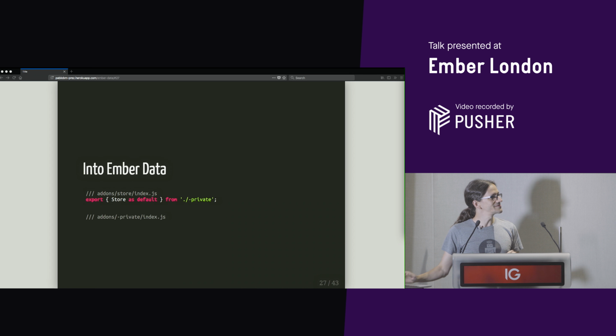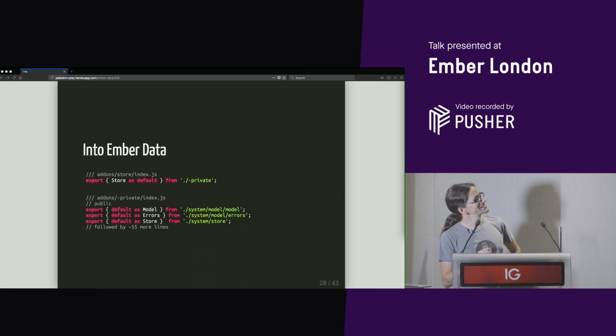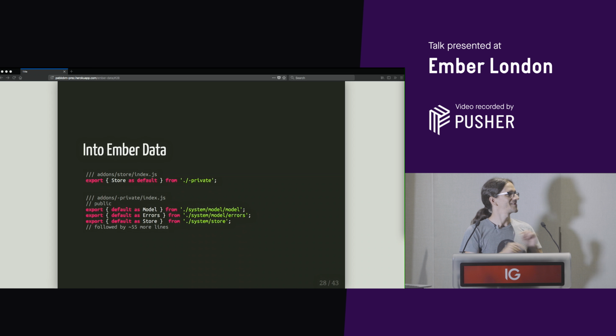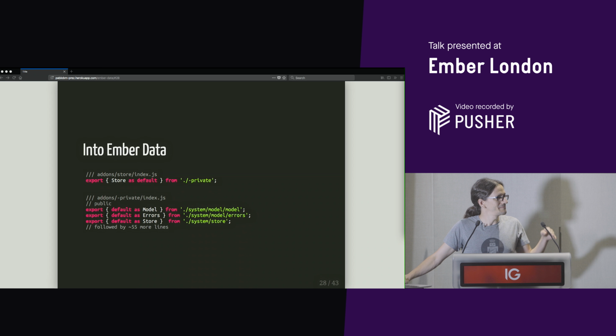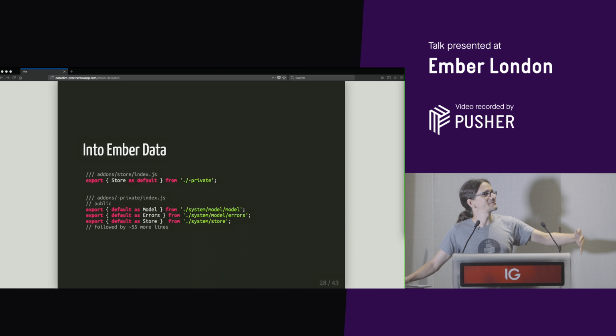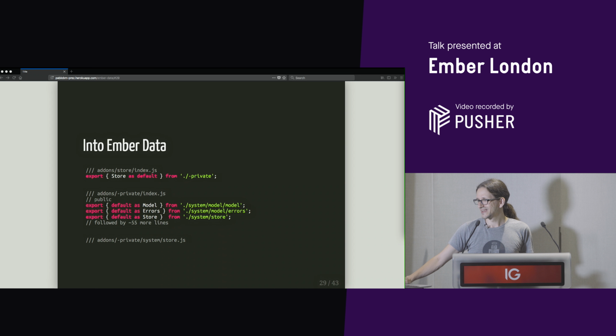Okay, so we go to the file that we were importing, add-ons private index, and we open it in our text editor. Oh no, this is another export that imports the export of the importing. Oh, okay, so it's fine. We're good. We just have to, that is the third line there, export default store from system store. Okay, but again, there's another file we have to follow, and it may feel a bit circuitous to follow this route, but at least it's straightforward. We know at every step where we're going. So we go to system store there, and we open it in our text editor,